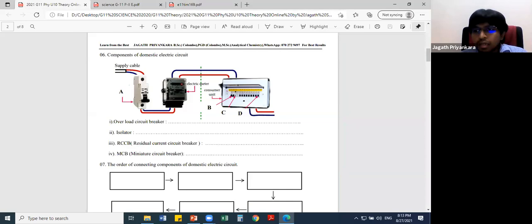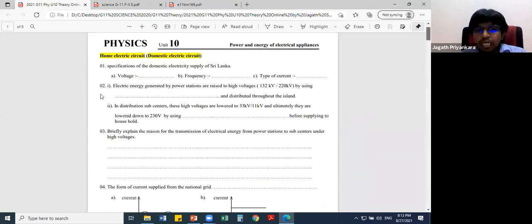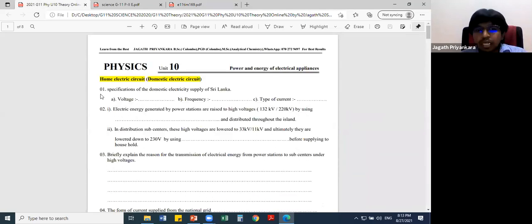Without proper electricity lesson, you can't understand electronics and electromagnetism lessons. So that's why grade 10 electricity as well as grade 11 electricity is very important. Okay, so in the 2020 oral paper as well as 2019 and 2018, they continuously asked questions from this electricity lesson. So this is the theory I did up to